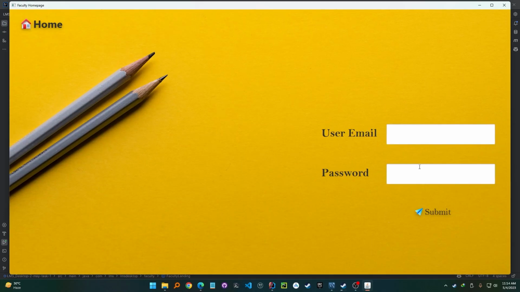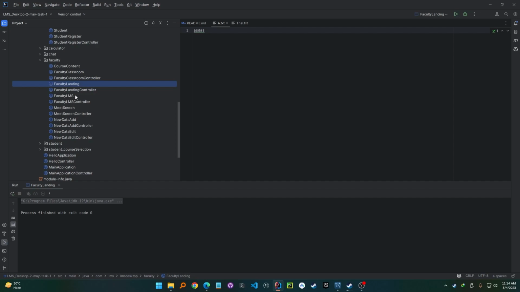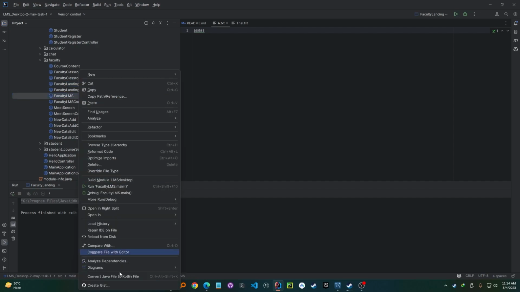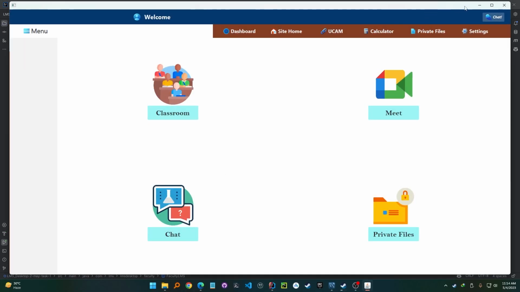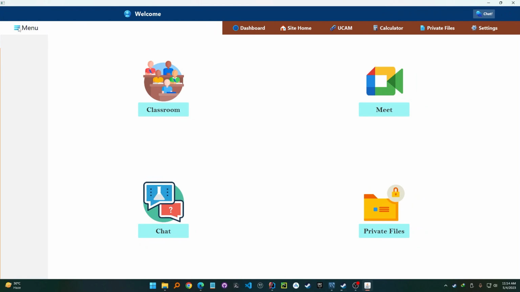Here you get the faculty landing, and after giving your email and password, if it matches with our databases, we can enter into our faculty landing page. All right, so let me simply, sorry, faculty LMS page. All right, and here we get this window, this